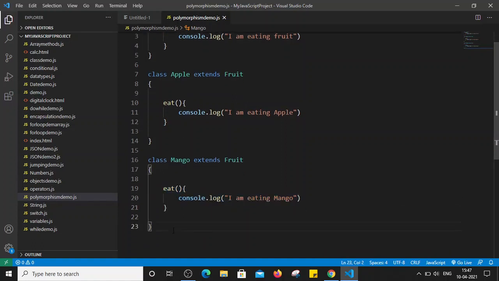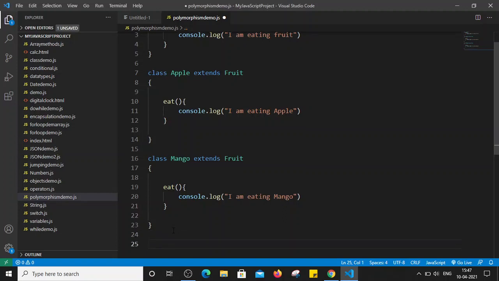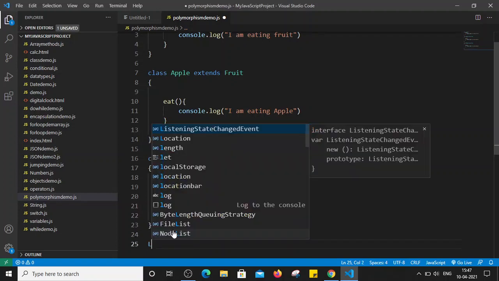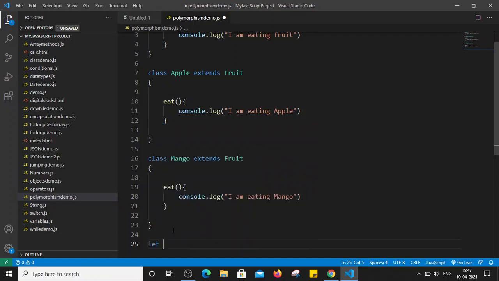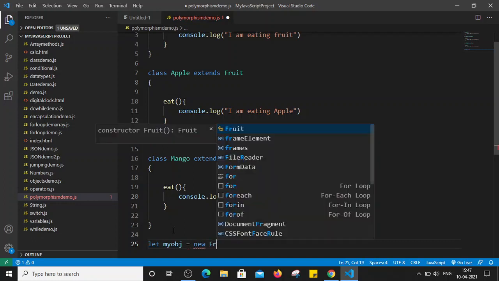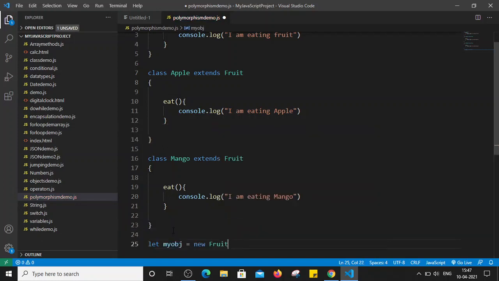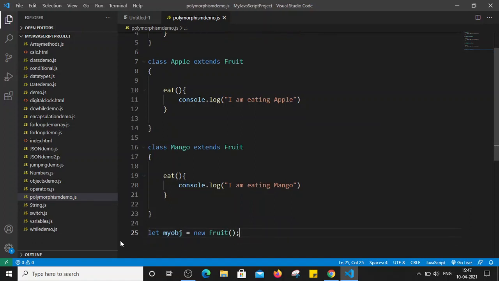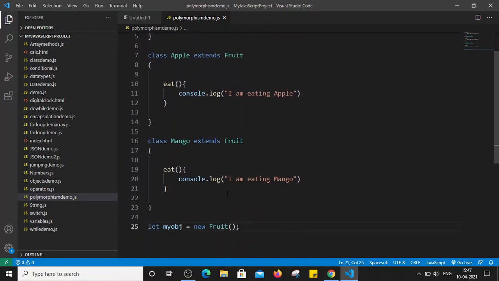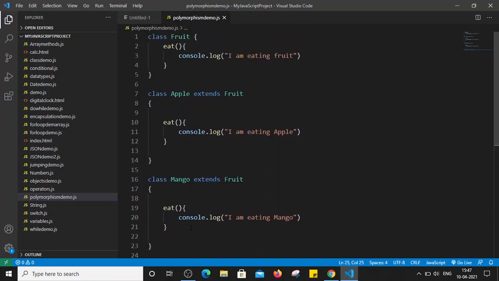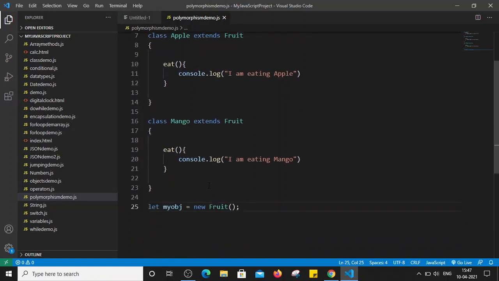Right, now let's say I am going to create one object. let myobj is equal to new fruit. So I have created one object of the fruit class, and by using this myobj object we can access the eat method of the fruit class.